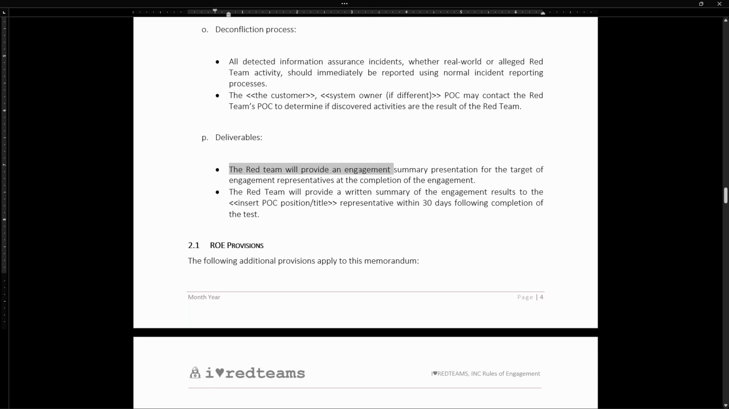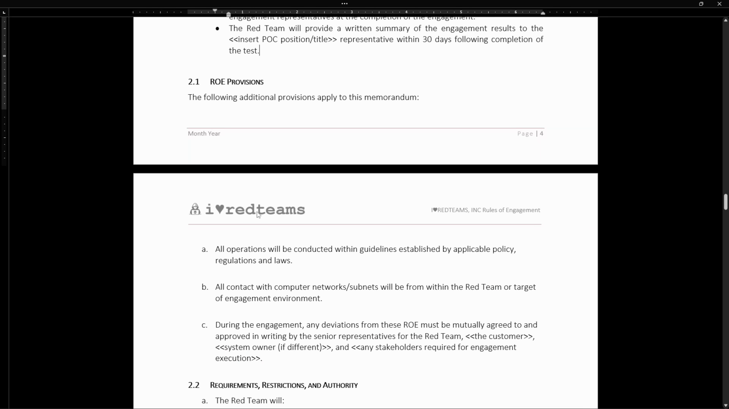So the red team will provide an engagement summary presentation for the target of engagement representatives at the completion of the engagement. The red team will provide a written summary of the engagement results to the POC or point of contact representative within 30 days following the completion of the test. So this is very important. This way you say what you're going to deliver and when you're going to deliver it after completion of the operation. Then, of course, you have your ROE